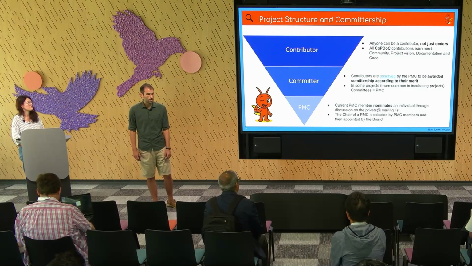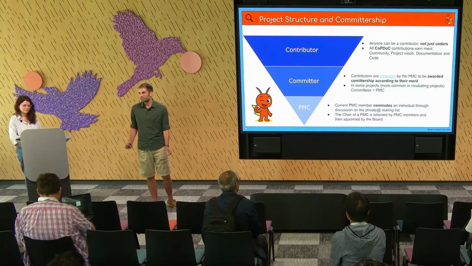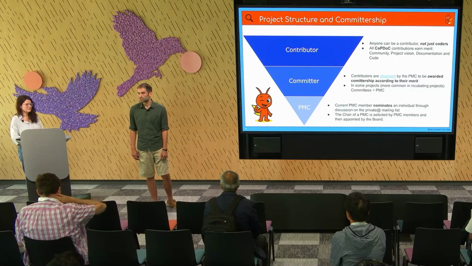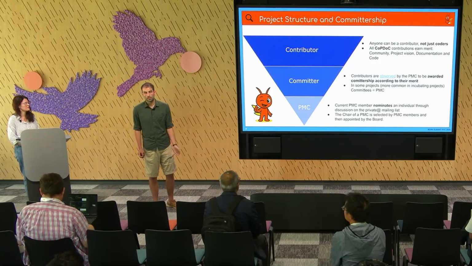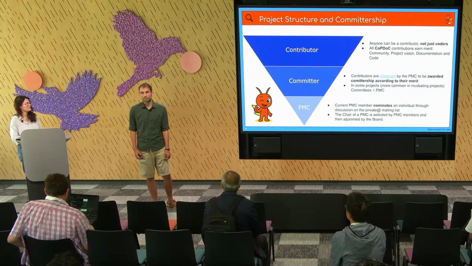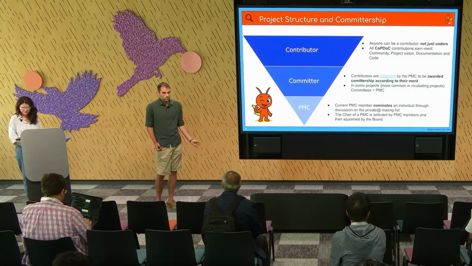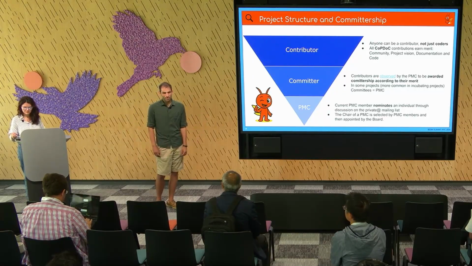One is a contributor, and that is anybody who contributes to Beam. I think on some level, just by being here, you are a Beam contributor because you're contributing to the community. And I think this is really valuable and a place where we can talk about ideas. Very broad definition, but the second level is a committer.